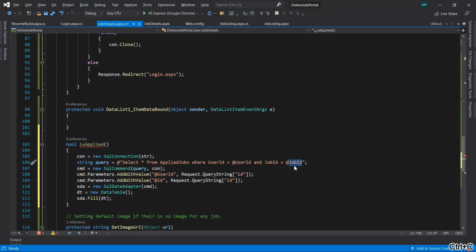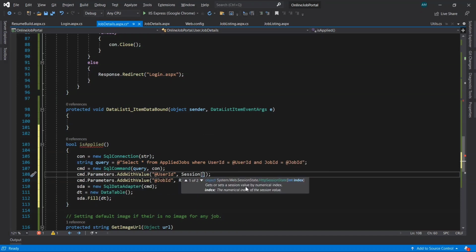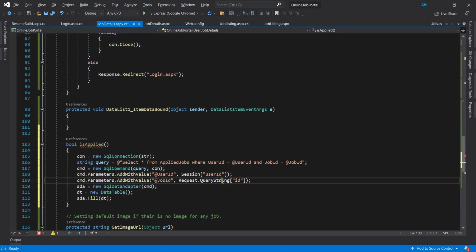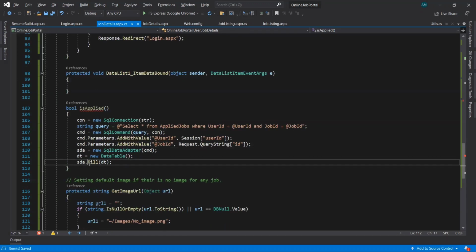Second, job ID, paste. The user ID is going to come from the session name is user ID, and the query string, that is ID. Okay, so let's save it, but we need to return that value here.